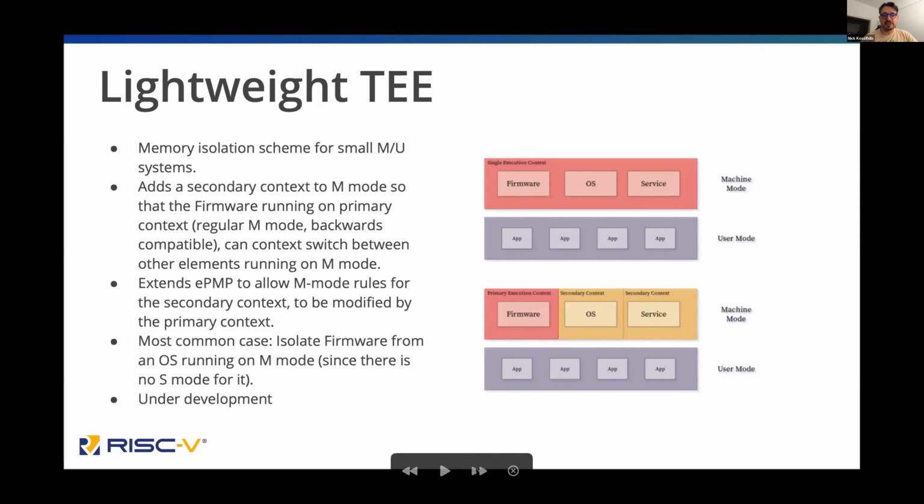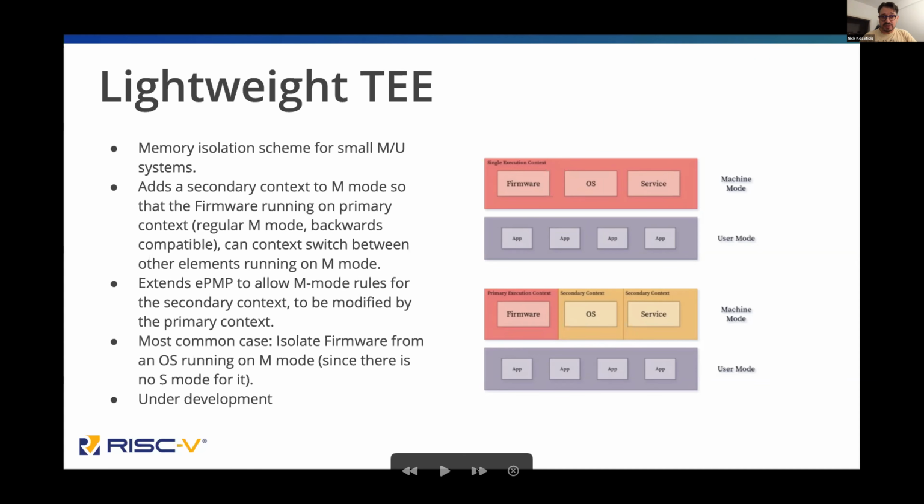And right now, even with the enhanced PMP, we do not have the capability of isolating things inside M mode. So everything in M mode is one context, and the firmware, for example, can see the memory of the OS, and the OS can see the memory of the firmware and the service, and they can tamper